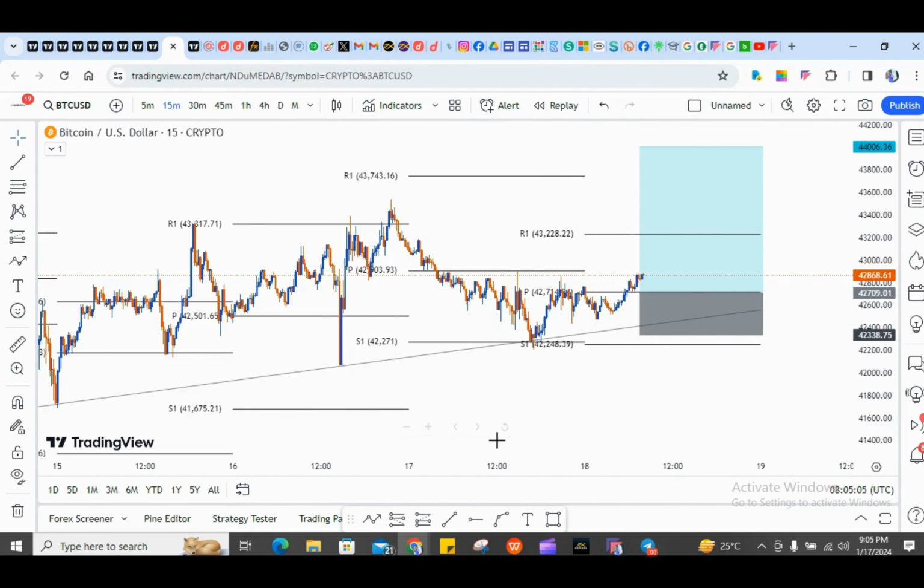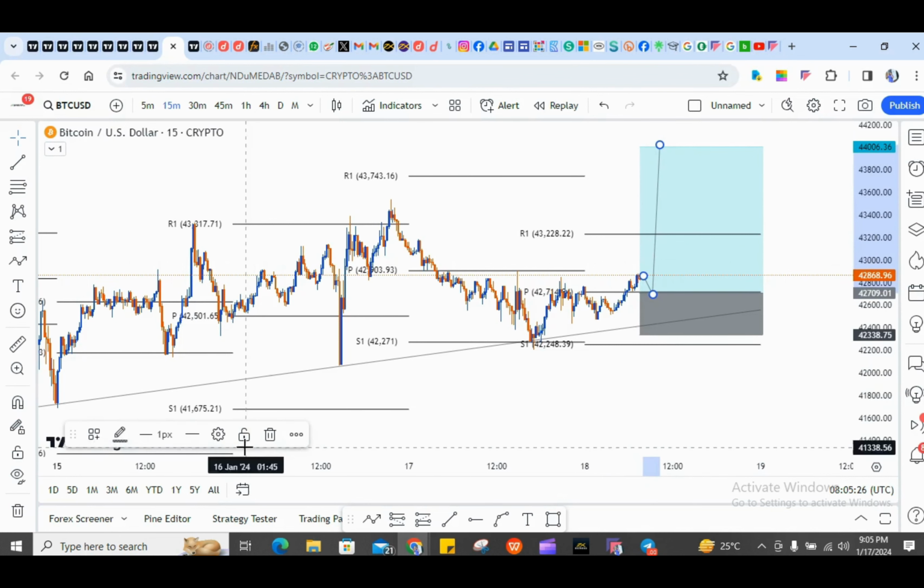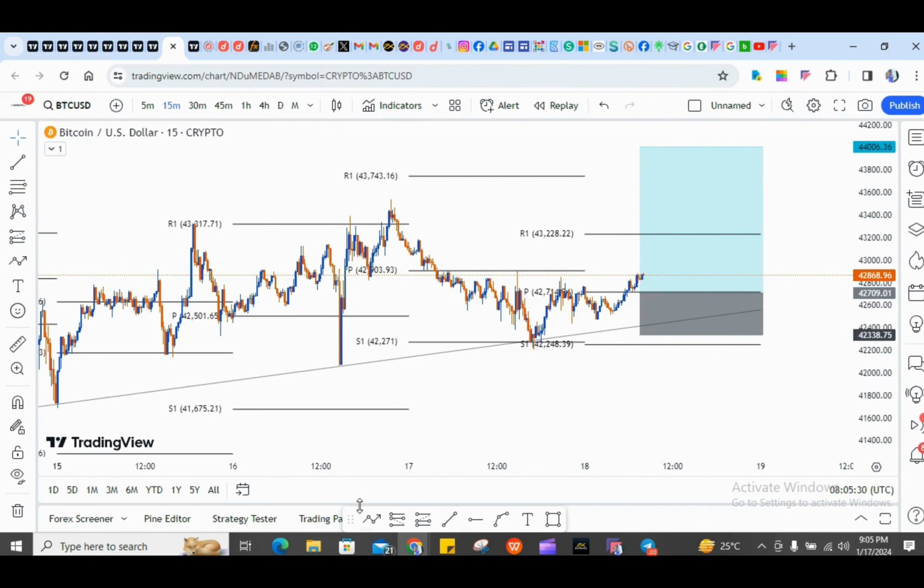So price might just come back to do this. Price might just come back to do this. Tap this pivot point, then continue to go upward. All right. So that might just be what would happen because it has crossed this pivot line. Do you understand? So give and take, even if it doesn't tap the pivot point and continue going up, and it does this instead,